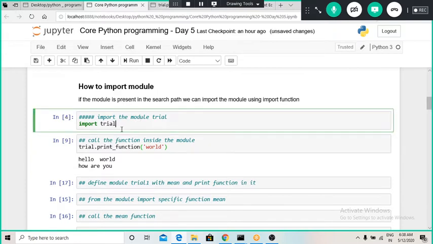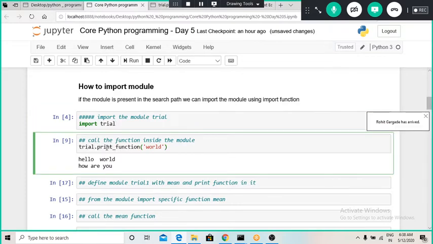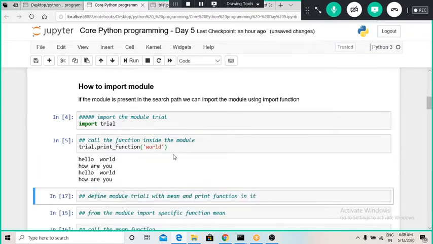So I have imported my module, and to access a particular function from that module I have to give the module name first, trial, and then after this dot I can use whatever function I have defined over here, and as an argument I will pass this string, world. This is how we can access a module.